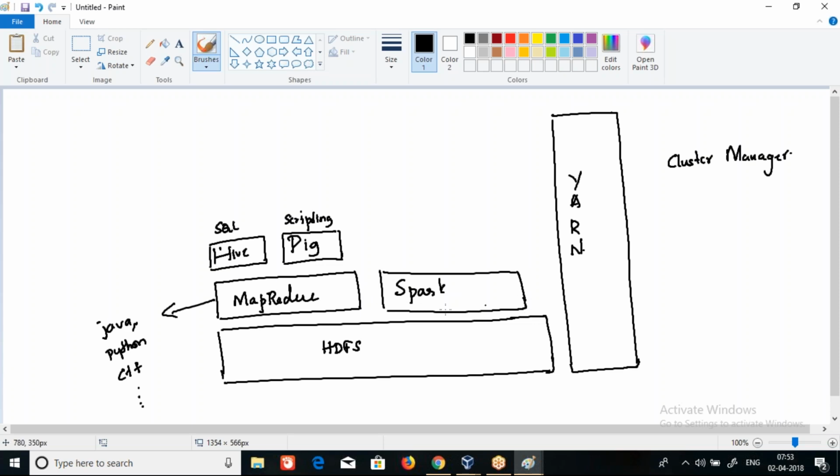Spark is in parallel to MapReduce, or going forward, it will replace MapReduce. Instead of using MapReduce as a processing framework, we can use Spark as a processing framework, which is much faster and leaner than MapReduce. I will stop it here for the Hadoop introduction,